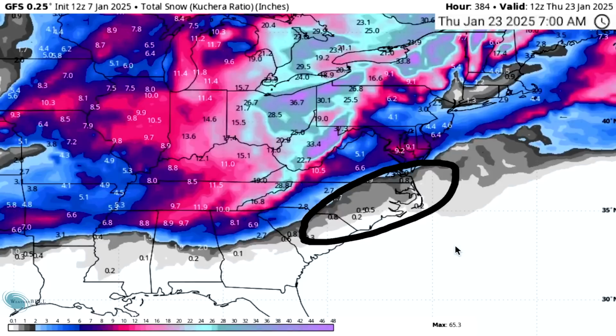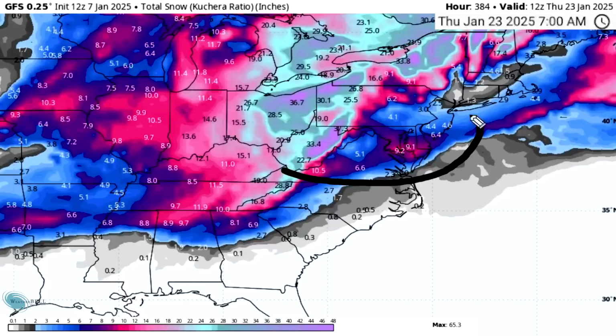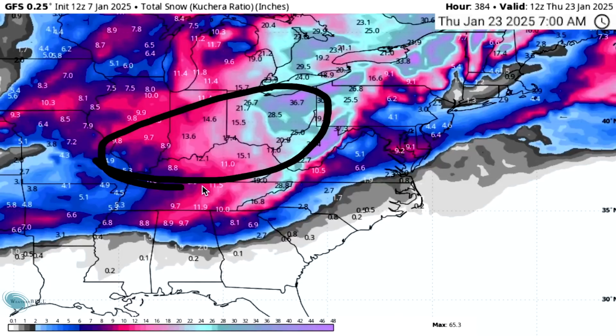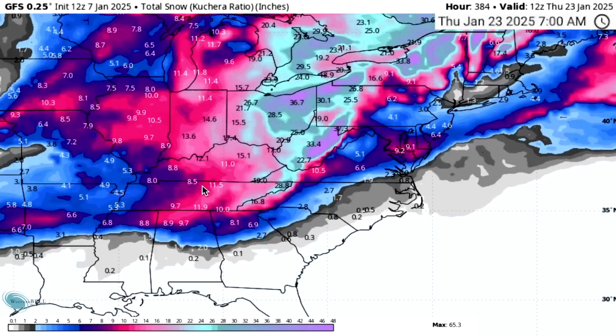So it is a huge dagger to all these snow lovers down here. And then we get higher amounts up to the north. We're talking more like 6 to 10 for these areas that just saw 6 to 10. So more on top of that, which is similar to what we're seeing in the Ohio Valley, where we're kind of doubling our amounts with this storm after the storm before it. So kind of just tacking onto those totals for a lot of these areas.